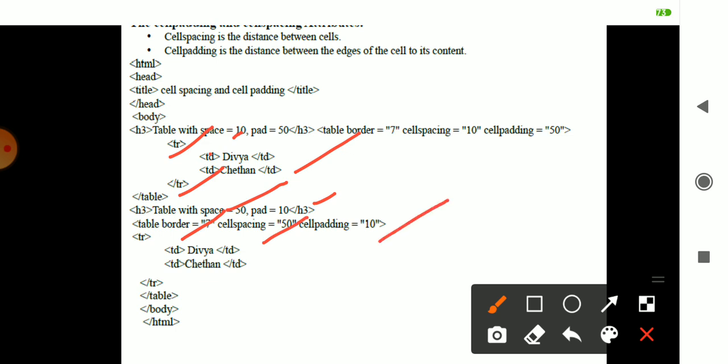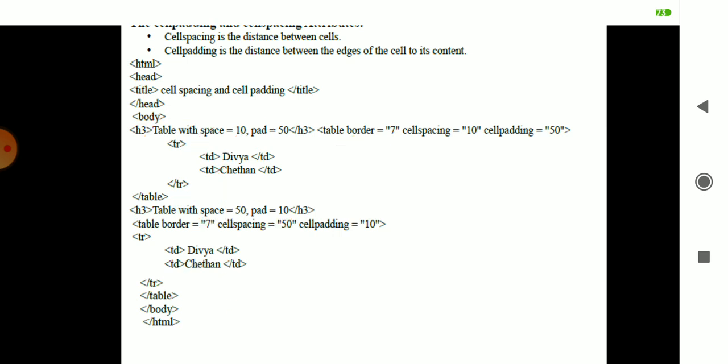This part which we are considering is the heading, and here also it is the heading. So the table border, cell spacing and padding are considered. The contents are the same, Divya and Chetan. You close the row here, then the table, body and HTML are closed.